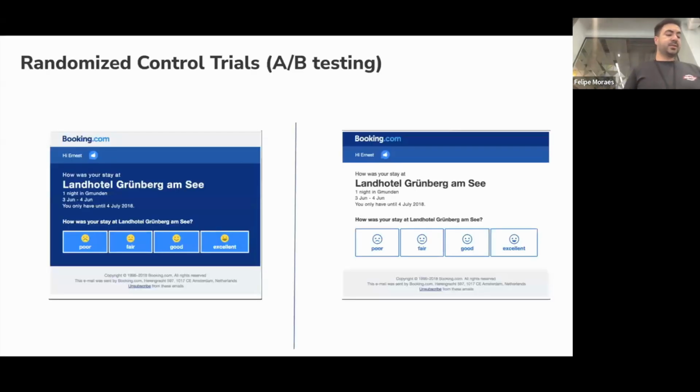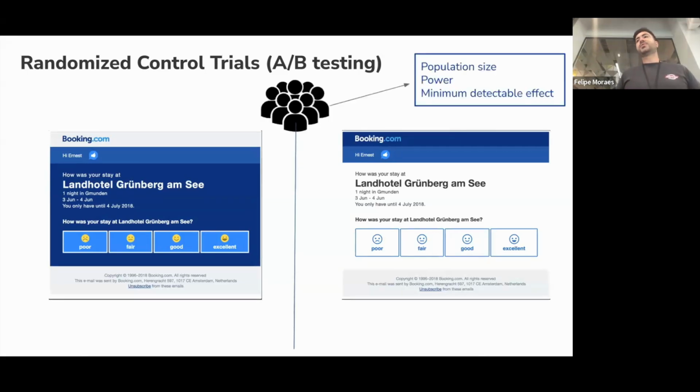One way to answer this causal question is through randomized controlled trials. At Booking, we do it a lot, and in many industry settings. It's also called A/B testing, as I mentioned. We look at the population, and we have two versions of a setting that we are interested in, to see if there is a causal effect, a difference between these two different settings.